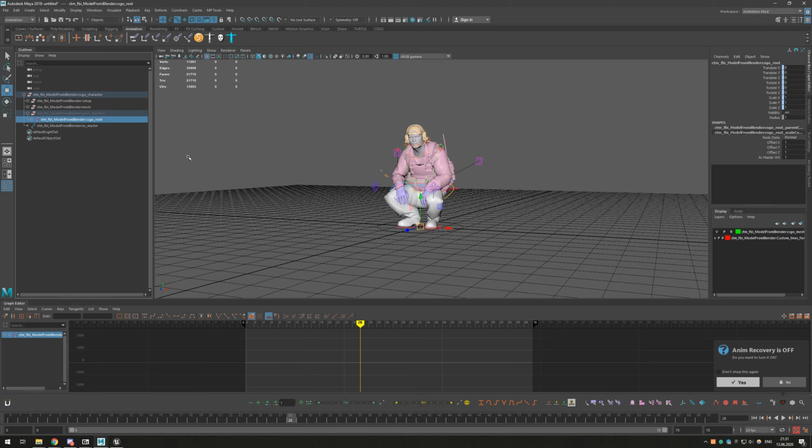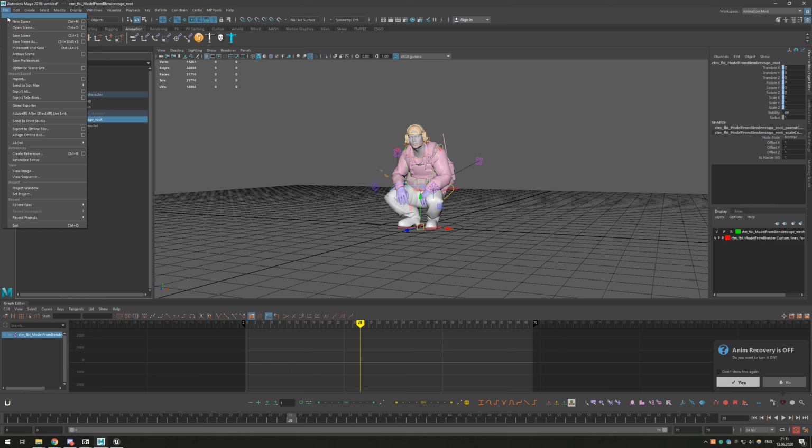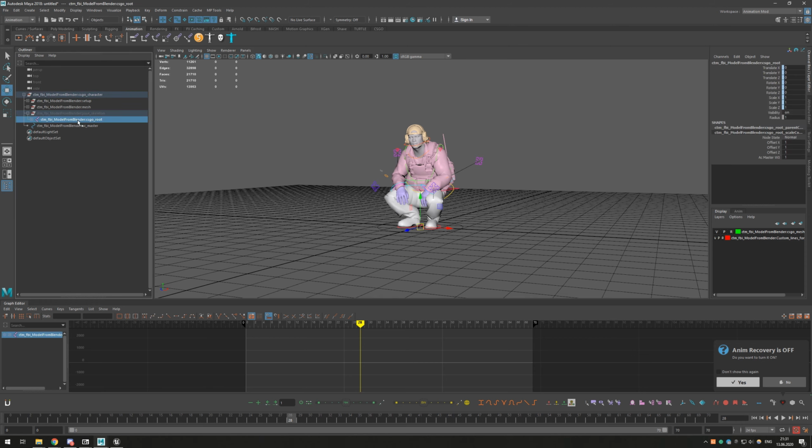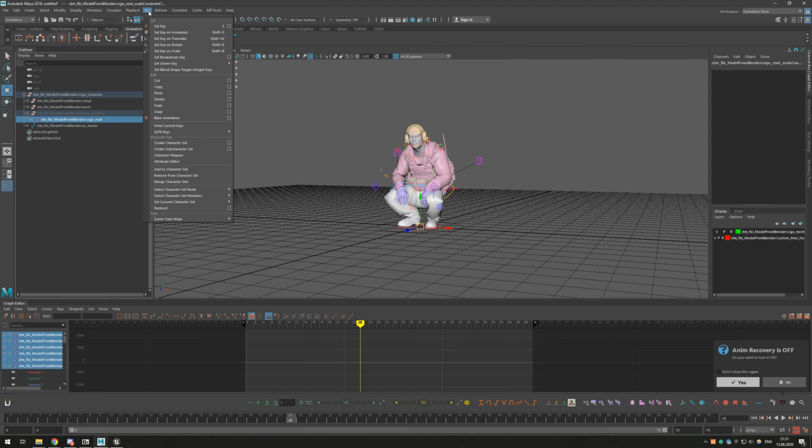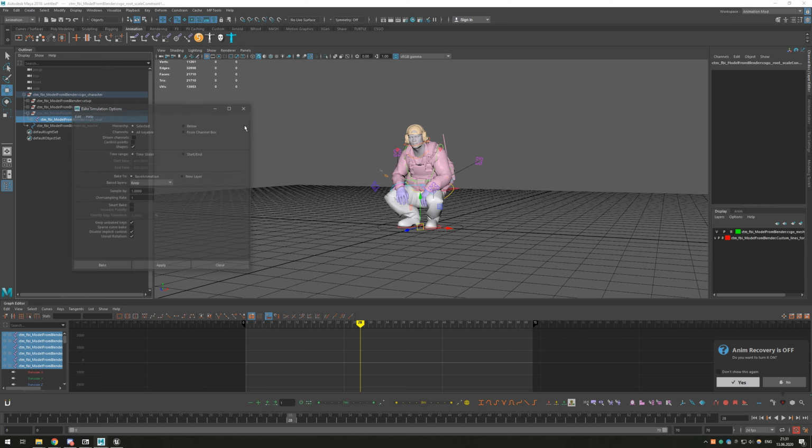Baking keys is quite a destructive way of interacting with keys, right? You cannot unbake them, alright? So, before baking animation, make sure that you do increment and save, or just save scene as and make a duplicate of it, so that you will be able to proceed later on. Alright? So, select your CSGO root, go to Select, and select Hierarchy, so that every bone in here is selected. Then go ahead to the K and bake animation.